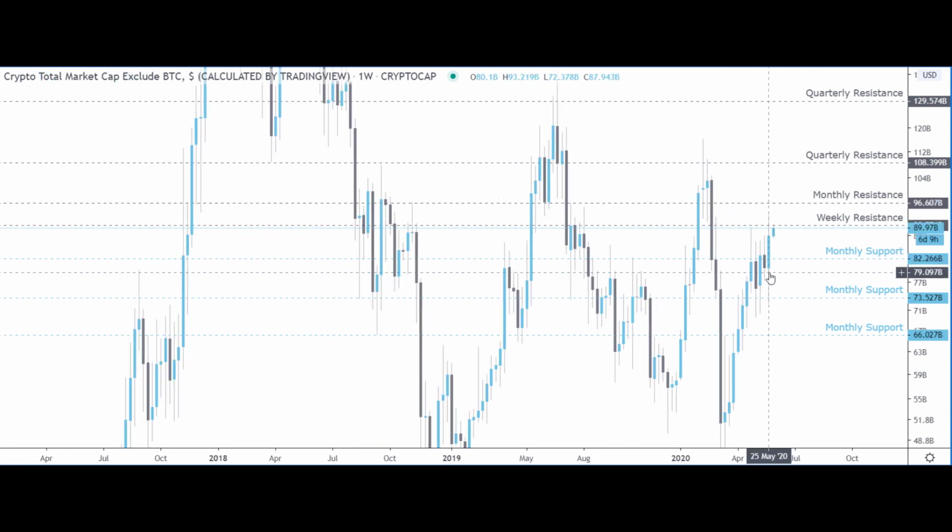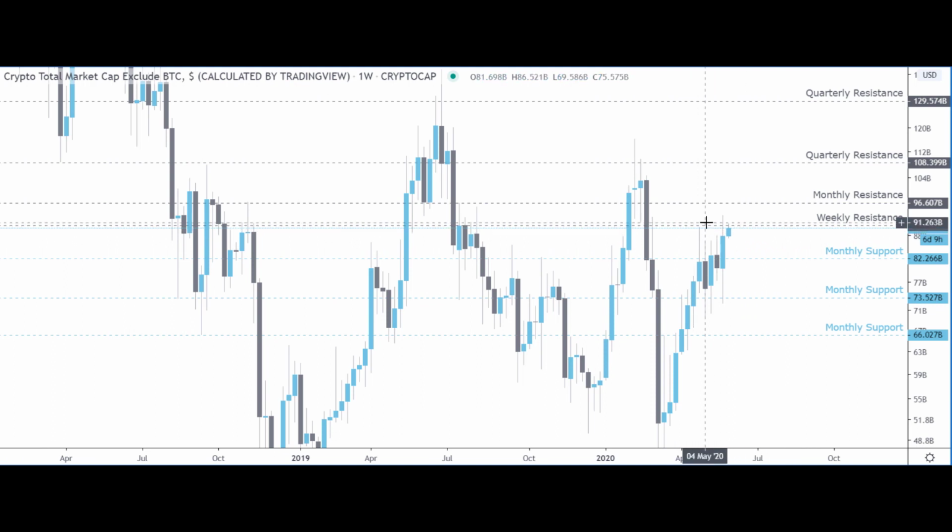Nonetheless, it is not absolutely impulsive, and you can see the first major resistance level we have is still holding as resistance. So be aware of that. If we do start to get a pullback, this 82 billion level is essential, and if this does not hold, then it is most likely we can end up coming all the way back down to the 73 billion level